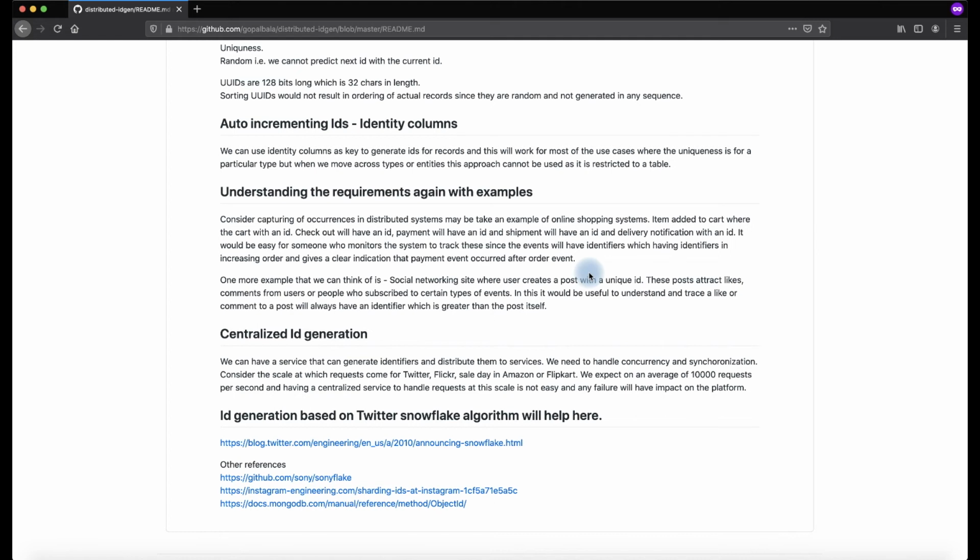Can it be correlated to the time? Probably yes, probably not. It is going to be incremental. With that, we can say that okay, if a record has ID one and then we see a record with ID two, it means that two comes after one, so the first person performed the transaction first. Roughly in time order, we can assure that, but it is not distributed because it is a single place where IDs are generated. That is the problem statement.